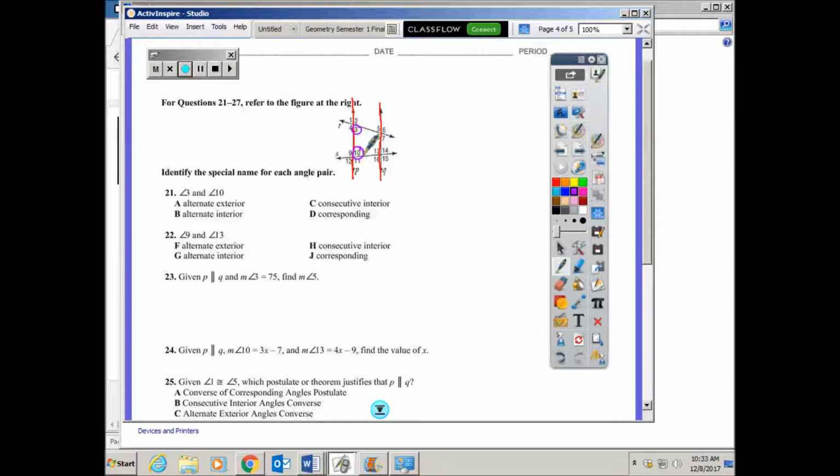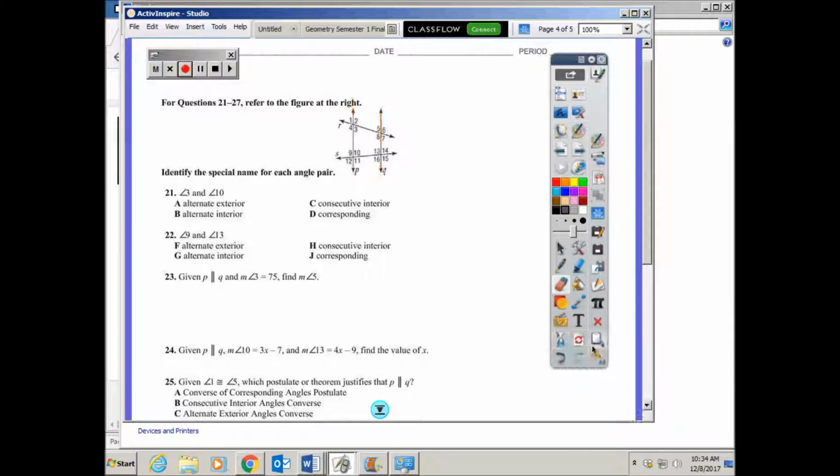And they say, by the consecutive interior angles theorem, which angle pair must be supplementary. Okay? The reason it's not 3 and 10 is they start with if P is parallel to Q. 3 and 10 don't sit on P and Q. They both sit on P. Okay? So that's why the correct answer here